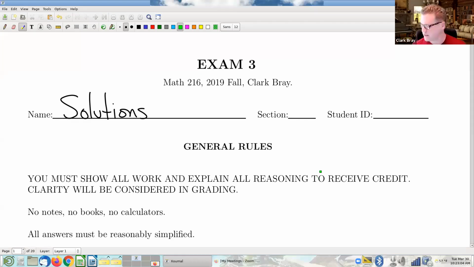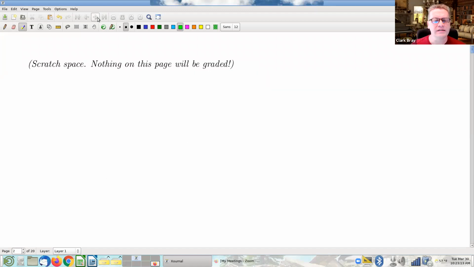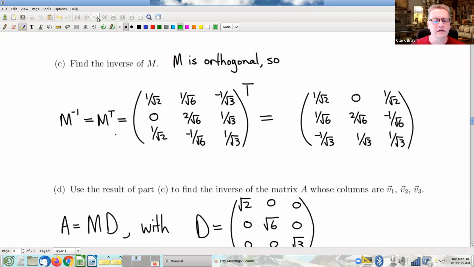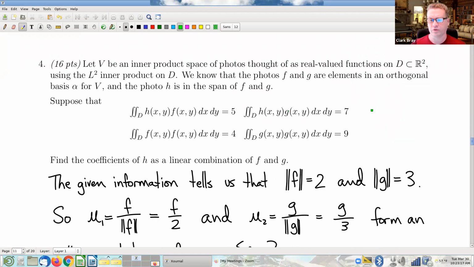Okay, another old exam question here, and let's just dive right in. This is from the same old exam, again from 1920 fall, exam 3. I'll just click it a little further along. This is number 4. Okay, so this is a question about inner product spaces, and this is a question designed to kind